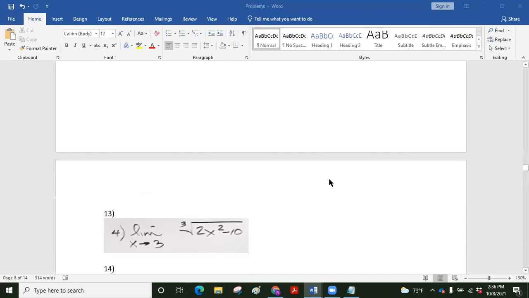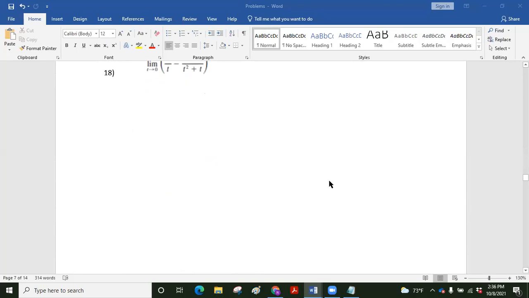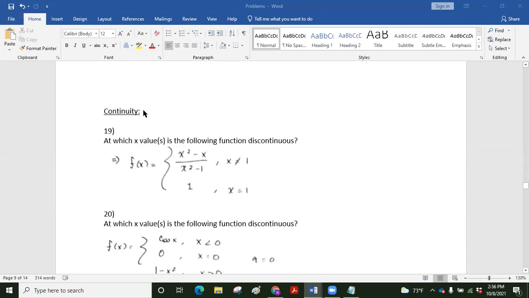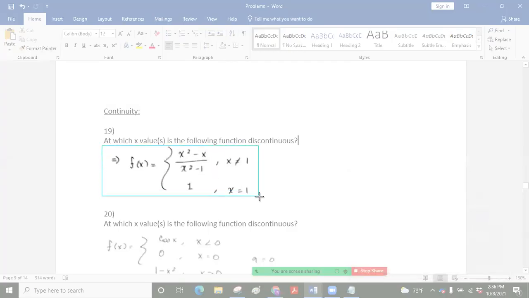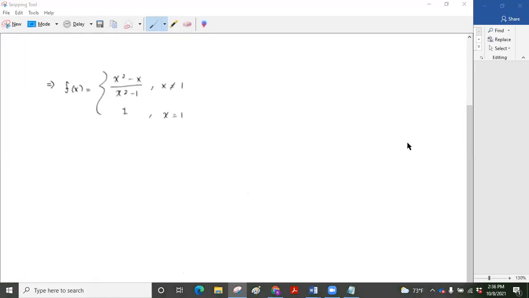That sort of concludes solving limits using algebra. And now, essentially, what we want to do is we want to look at continuity. And so this question says at which x values is the following function discontinuous? So let's go ahead and take a look here. So we want to leverage our understanding of limits in general. The basic idea is that